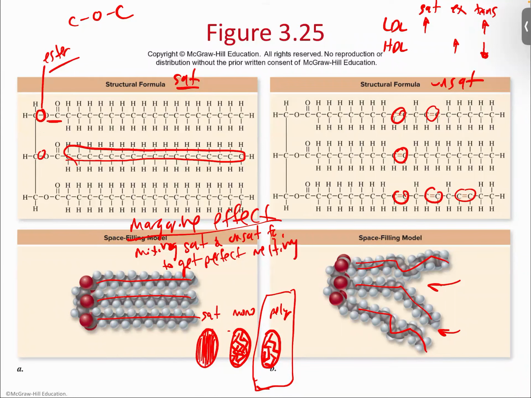But if you're mixing and matching to get your perfect melting point, then that's basically the margarine effect, right? So if you have a mixture of saturated fats, you're going to have a more solid-like lipid. You can soften that up by adding in unsaturated fats to that mixture. And so you could have a mixture that is way on the unsaturated fat side, so it's going to be a little softer and a little runnier. You can have a margarine that's a little firmer, a little stiffer by having more saturated fats, or anything